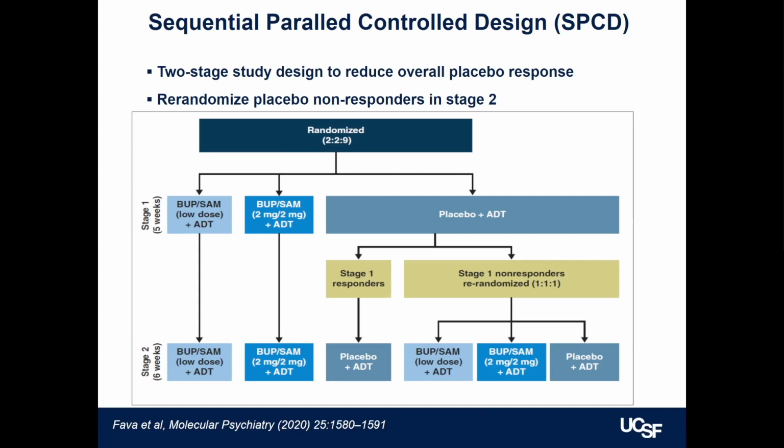The key here is that you take the stage 1 non-responders to placebo and you randomize them to placebo and then whatever your drug is. And there's a statistical way to use essentially all of the placebo and active data. But this way you have some control over it because you already know that you have people who are non-placebo responders going forward into your randomized trial in the second stage. And you can't just ignore what happened in the first phase, as I mentioned. I don't have time to go into the details of how you do this, but you can do it in a way that the FDA actually accepts, which is a high bar.